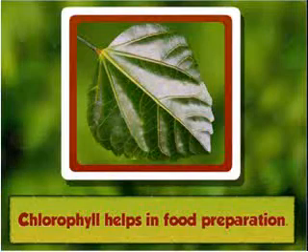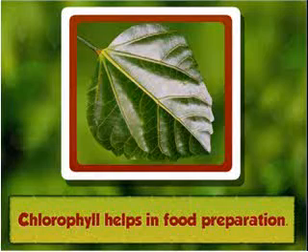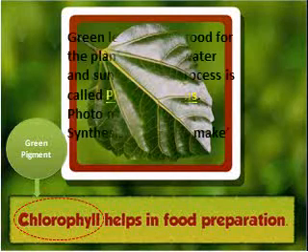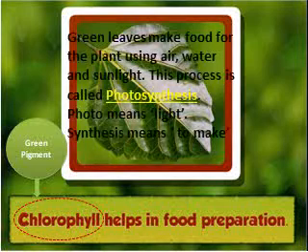Okay. Now children will learn about the green color in the leaf. The green color in the leaf is an important part in the photosynthesis, and this green color is because of a pigment called chlorophyll. So if we define photosynthesis, we can say like this, that the green leaves make food for the plant using air, water and sunlight. And this process of preparation of food by the leaves is known as photosynthesis.